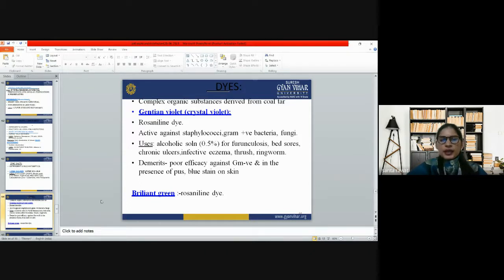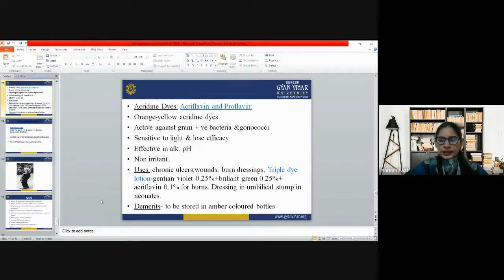Then we have brilliant green. It is used as a triarylmethane dye. Then acridine dyes are also used as antiseptics and disinfectants. So we have proflavin. It is an orange yellow acridine dye, active against gram-positive bacteria and gonococci. It is sensitive to light and loses efficacy,